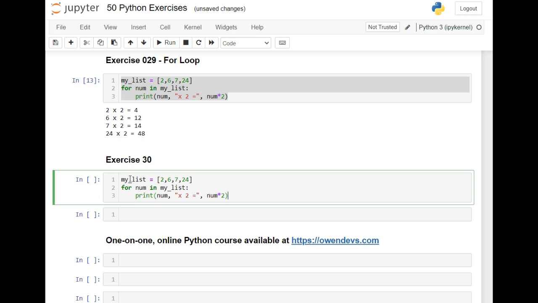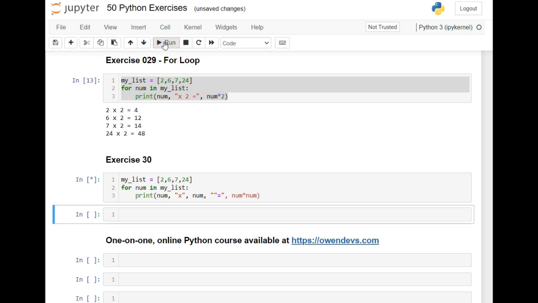and paste it there. So to print each number multiplied by itself, instead of multiplying by 2, it's very simple. Change that to num. Okay. That's it. If we run that, it shows us